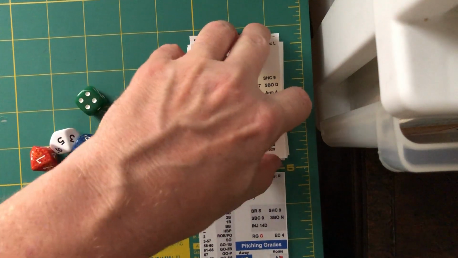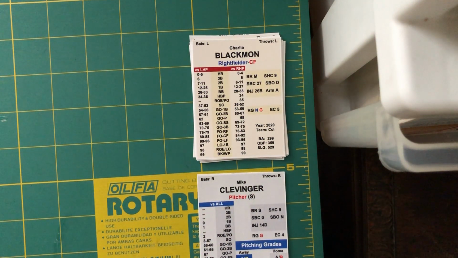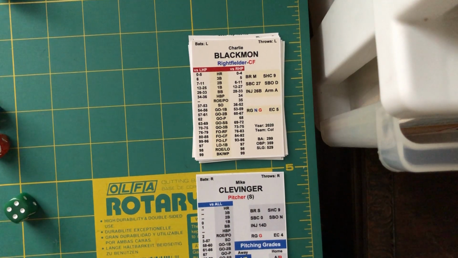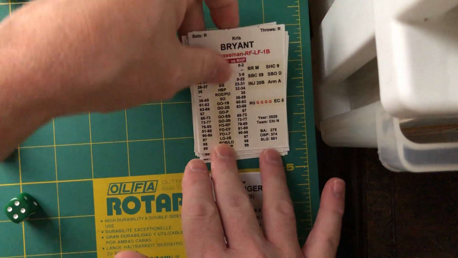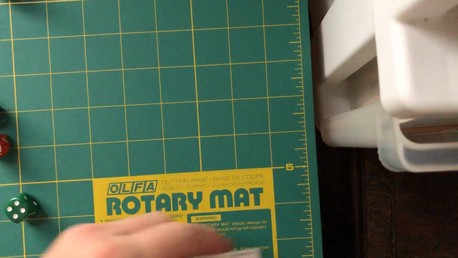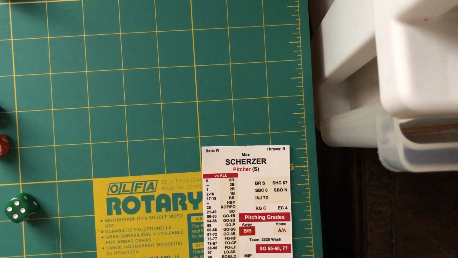Blackman stands in, Colorado Rockies slugger. Pitch to Charlie. Struck him out. Clevinger gets him on a fastball, and that retires the side. So we've played 1, and we're tied at 1 in this one